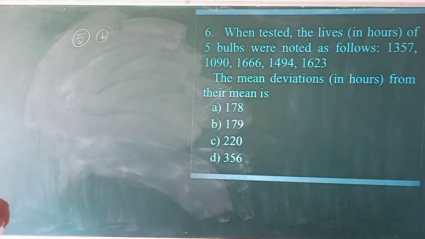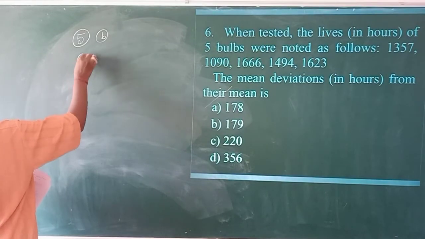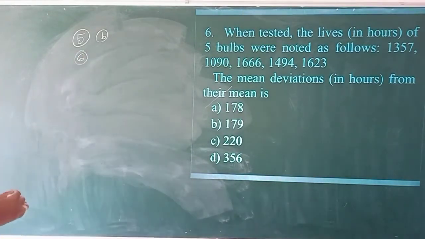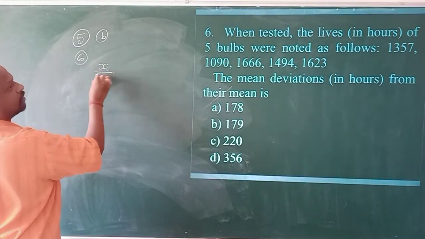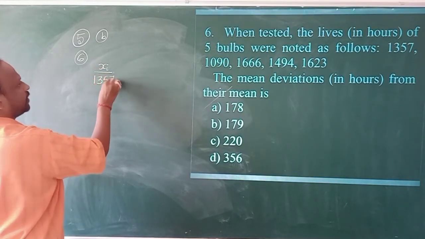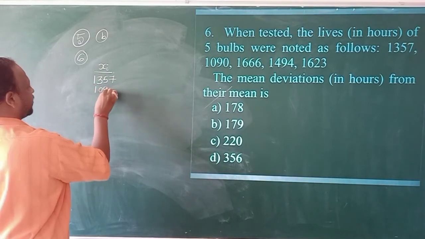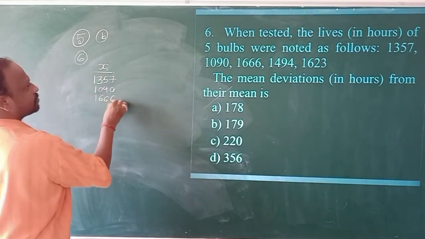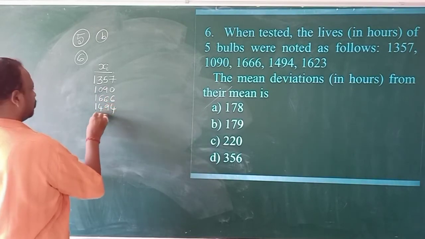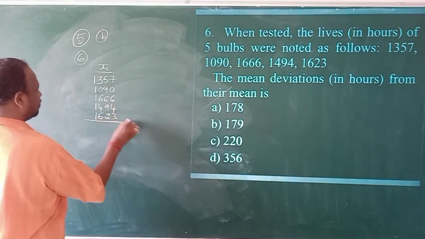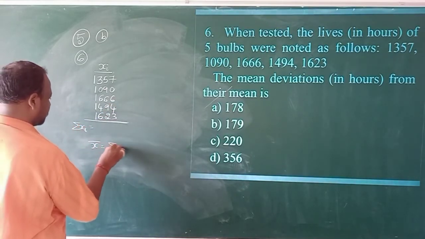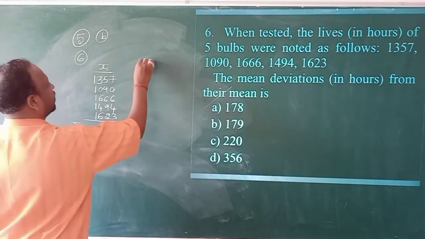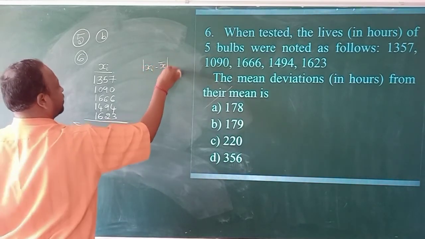Now sixth one. When tested, the lives of 5 bulbs were noted as follows. So they have given xi. You can calculate this: 1357, 1090, 1666, 1494, 1623. So calculate sigma xi and calculate x bar, sigma xi by n, and calculate xi minus x bar,